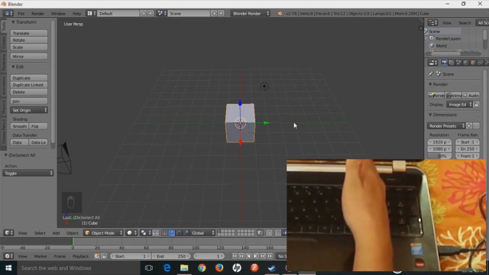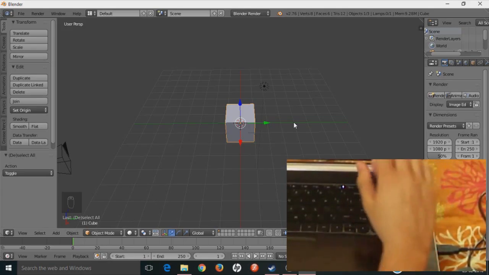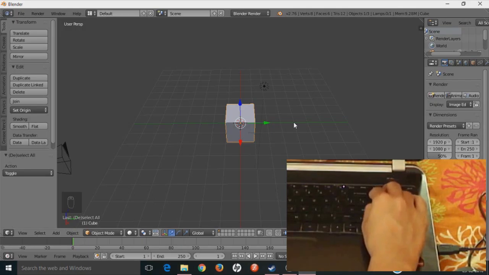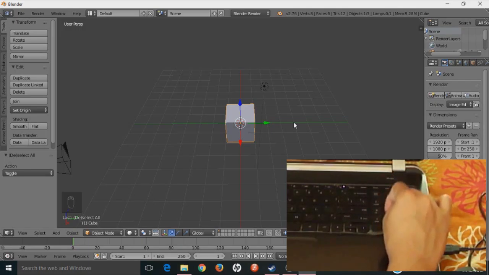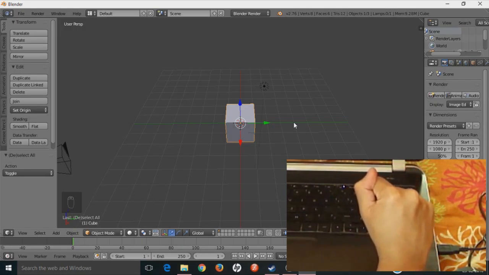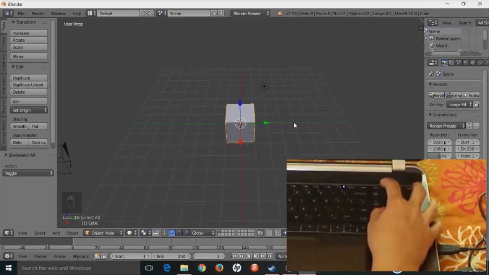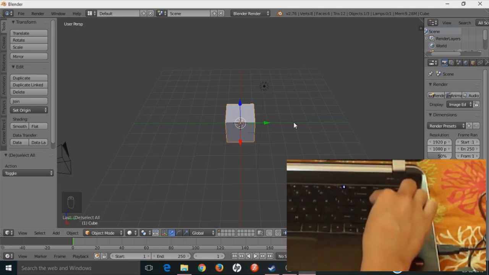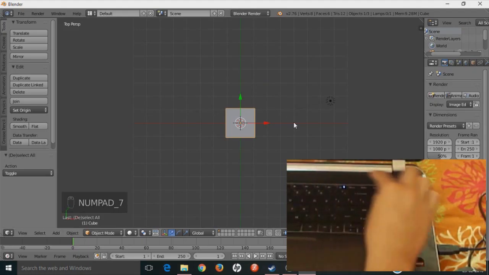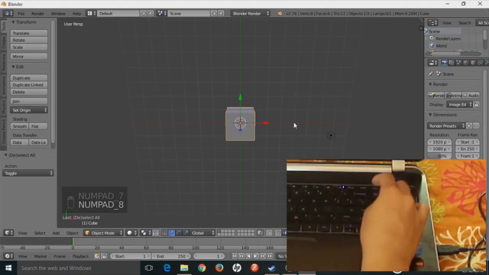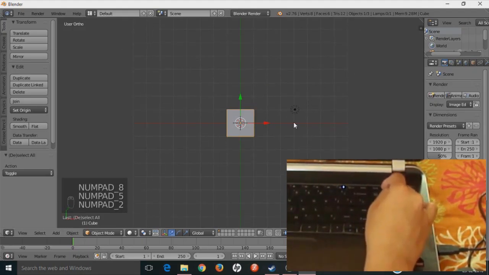Actually, it'll just be this much. So if you don't have a laptop which has this, you might have to redefine some keys, which I won't be showing in this tutorial. So now you're actually supposed to do it on the numpad. Okay, so this is my numpad for the laptop. See, it says numpad 7, 8, 5, 2, 3, 5,